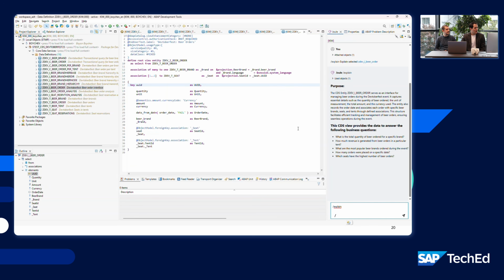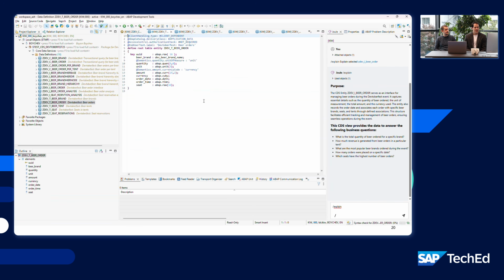Right, so in the code, you see we have the beer orders. For time's sake, we have already replaced the table and the view entity we had with this table entity. As you can see, the root keyword defines that it's a business object, and we have some basic fields such as the beer brand name, marked with beer brand, our quantity, units, amounts and currencies, as well as order date and time, and we have